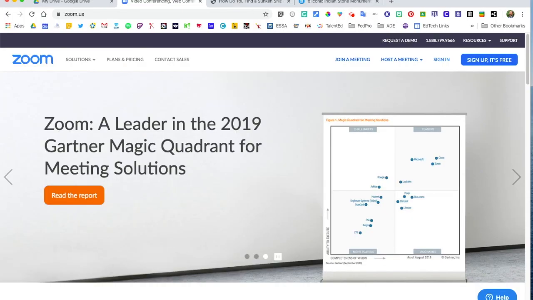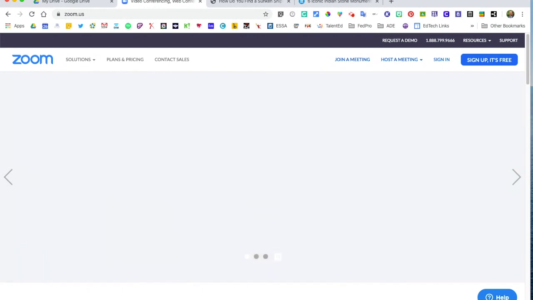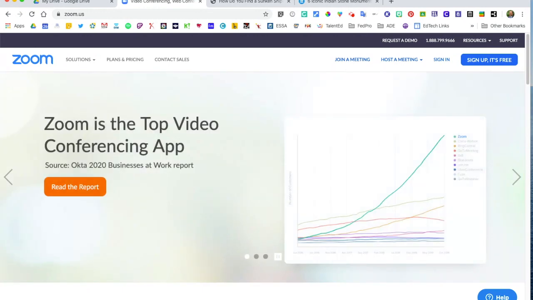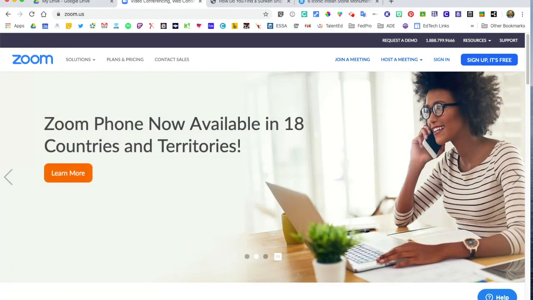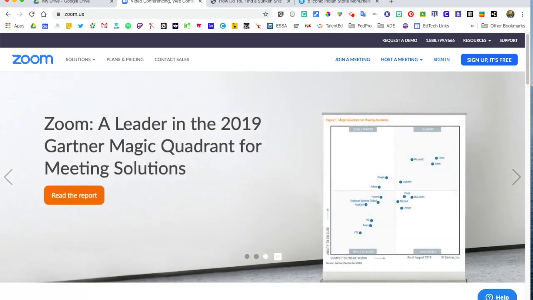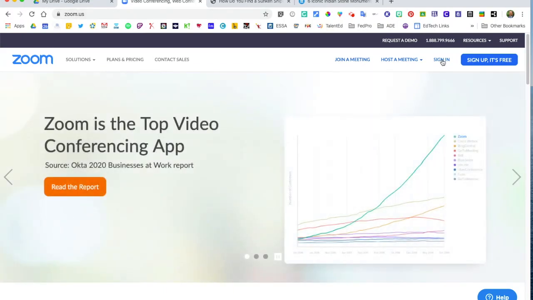Hello there. We are going to take a look at using Zoom as a screencast recorder and as a whiteboard recorder. Some people like to use other programs such as Screencastify or Screencast-O-Matic, but we actually have free access to Zoom. And it has plenty of those same features that those other two have that we don't have to pay for. So anyhow, you would go to zoom.us,